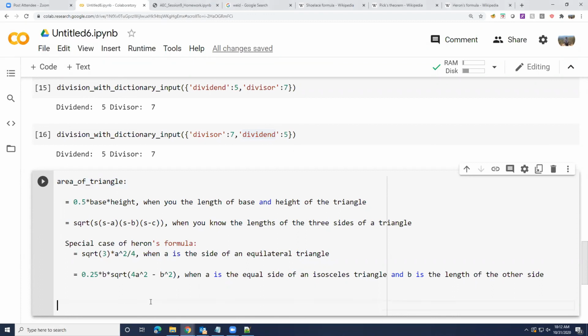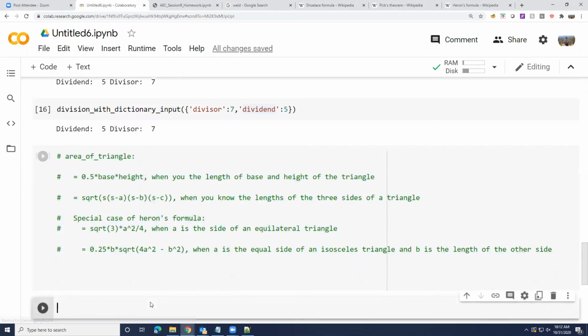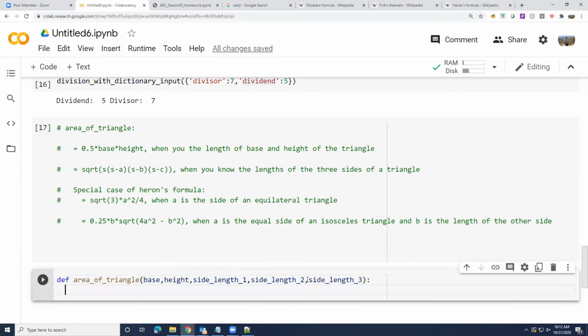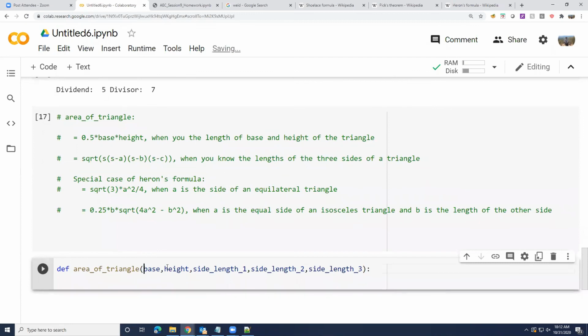So let's see. I'll maybe try starting this with a different direction, without this ambiguous question. We'll start a little more unambiguous way. So, area of a triangle. Let's say I want to include all these: base, height, side length A, side length B, or I'll just say side length 1, side length 2, and side length 3. If I include all these parameters, obviously I would then never need anything else, right?